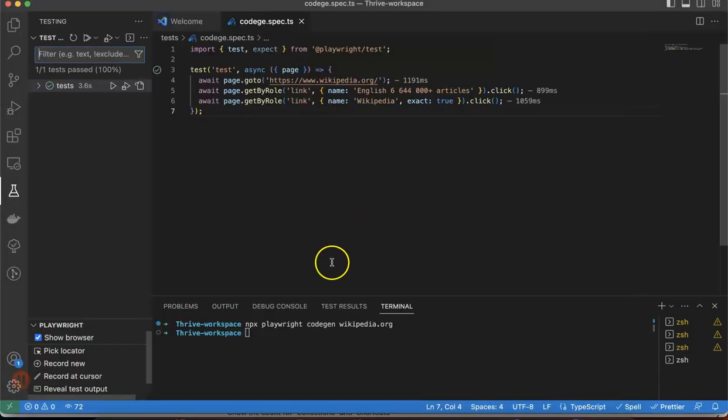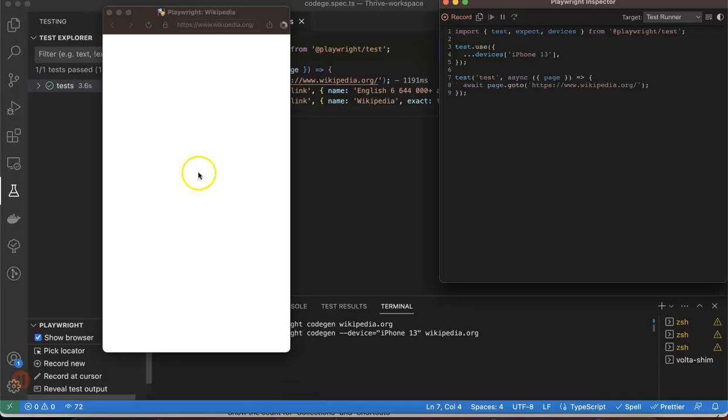Now there's also a neat hack that is available for you to capture Codegen based on the responsiveness of a website. So let's try that. If I want to generate code for a device, let's say iPhone 13, keeping it on top, you can actually see that